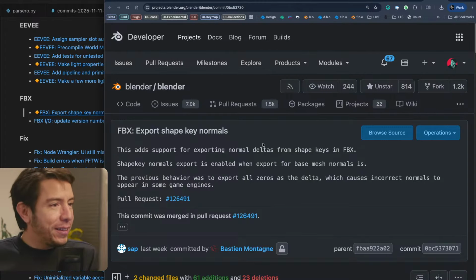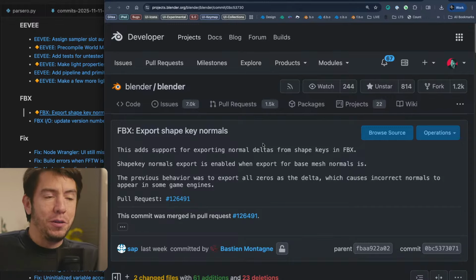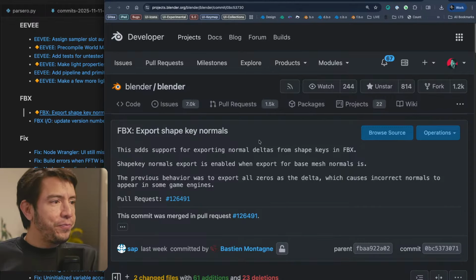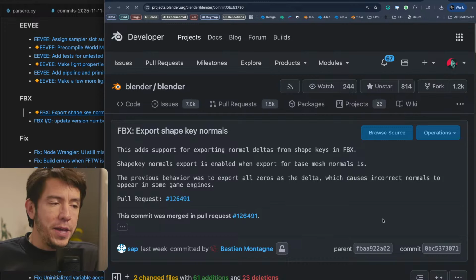And no, apparently the way it was exporting the normal delta from the shape keys in FBX wasn't very compatible with some game engines. And now it's properly exporting it. So shape key normals export is enabled when exporting the base mesh normals. The previous behavior was to export all zeros as the delta, which causes incorrect normals in some game engines.